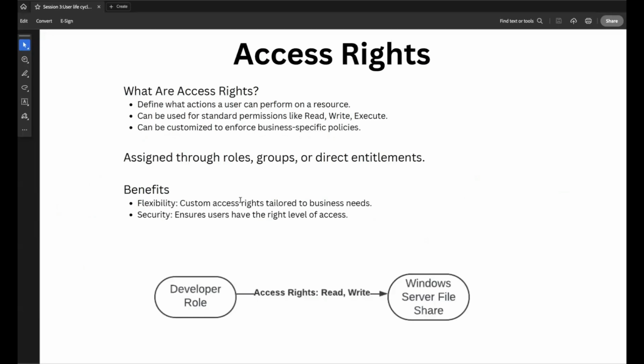Okay, the access rights, these are fairly straightforward. Let's use, for example, a Windows server. You have a file system and you have rights to a folder, and then you have some permissions. You can do read, write, execute. Same thing with a database. You can have a table where you have the ability to perform CRUD operations, but another user may not. So those kinds of lower level permissions